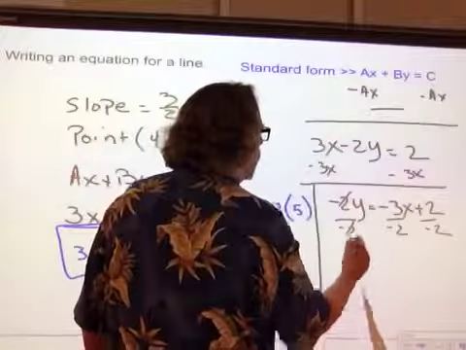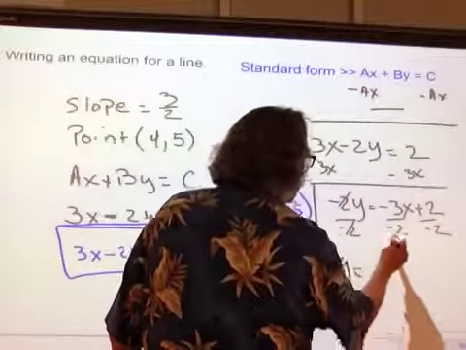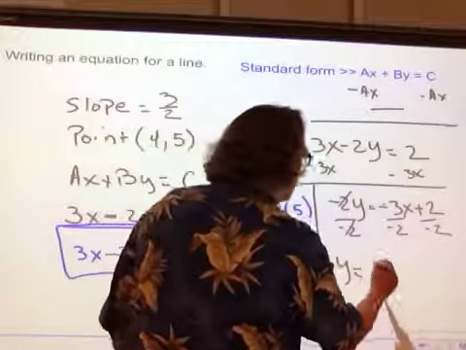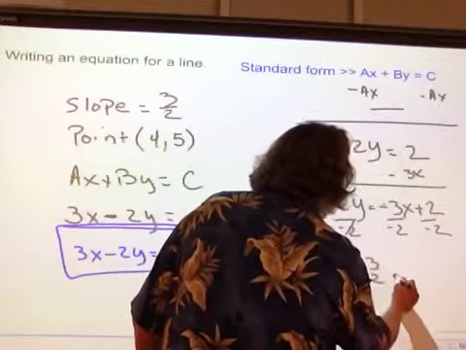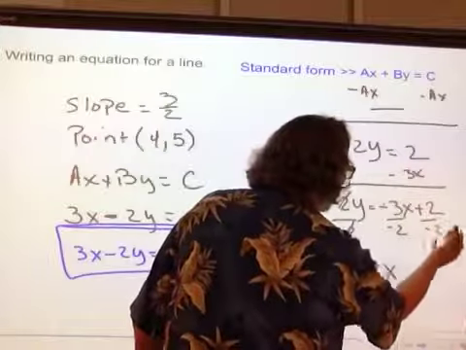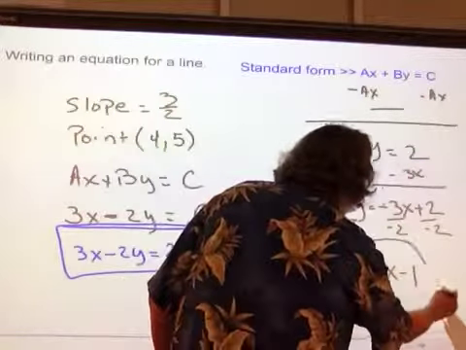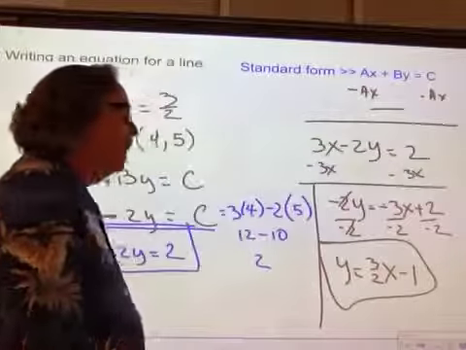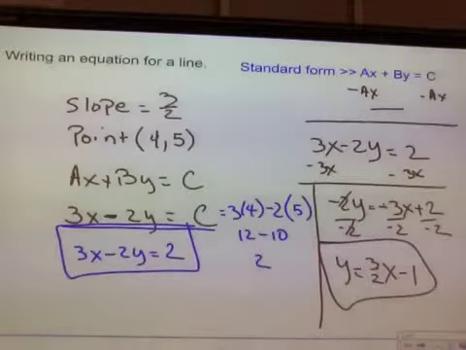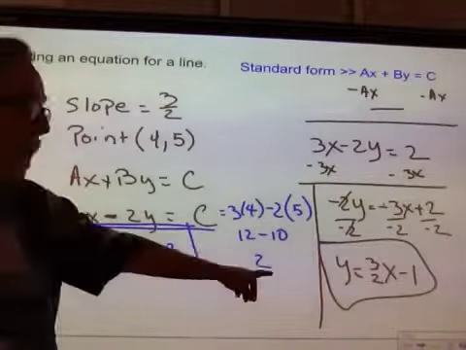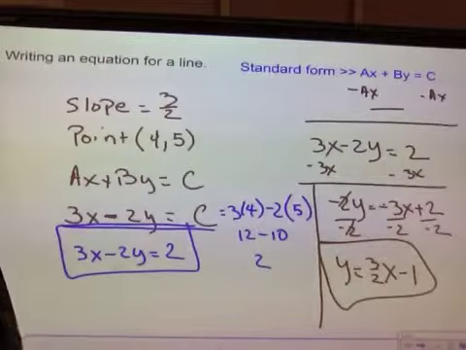and those cancel out, and I've got y equals, now negative over negative is positive, so I've got 3/2 x, and then 2 over -2 is going to be a -1. And there is my answer, my equation in slope-intercept form. And I can see that my slope, y equals mx plus b, I can see that my slope is 3/2, and that's just what we said it was in the beginning over